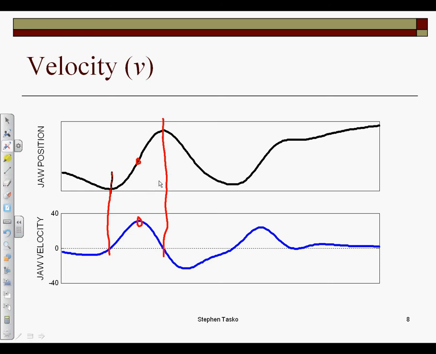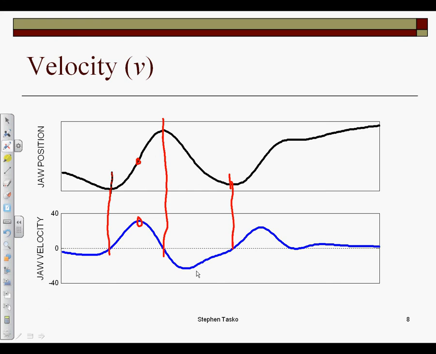And as we get to the extreme position, velocity very quickly goes to 0. Now remember, velocity is a vector quantity. So in this case, this is a positive velocity that's associated with the positive displacement. If we look over here at our downward movement, it has a negative displacement, and as you see here, we also have a negative velocity, so the